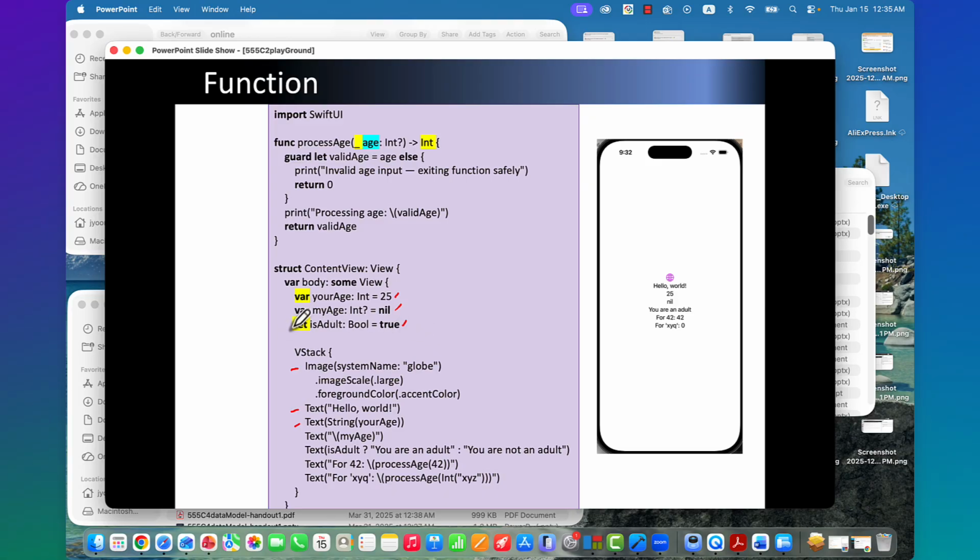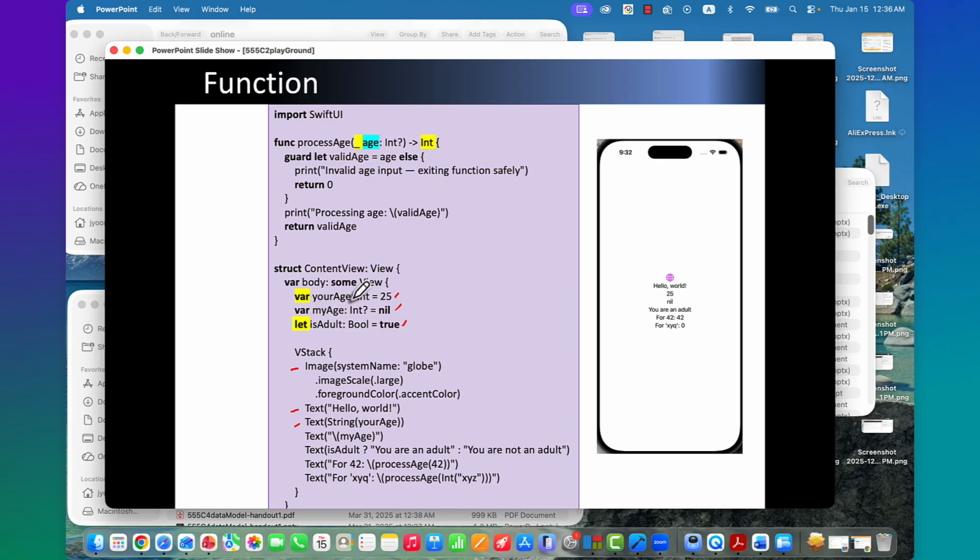When you say constant, we need to say let. If it is a variable, var. We can say the type of that, like this, integer. Variable user age colon integer. So this is a variable. What is the type of that variable?